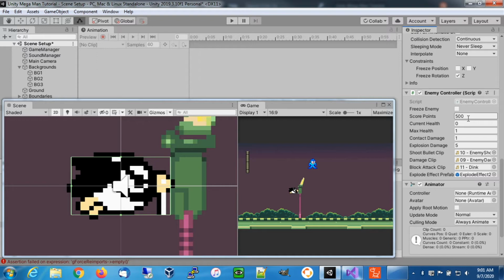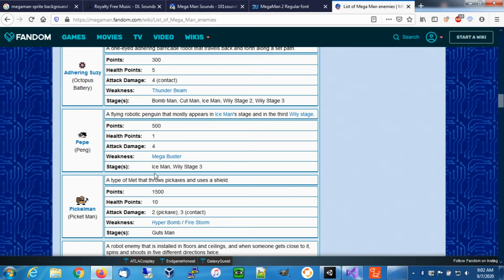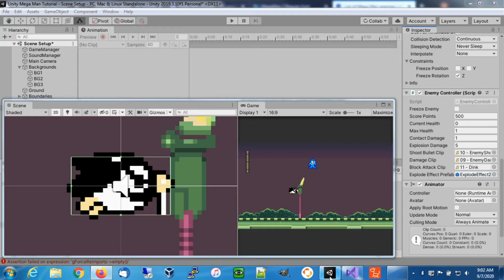And from that website, which I should have left up, but actually, let's see if I can find it again. Should have kept that up. We don't need that tab. So his points are 5, health is 1, attack is 4. So his points are 5, his health is 1,